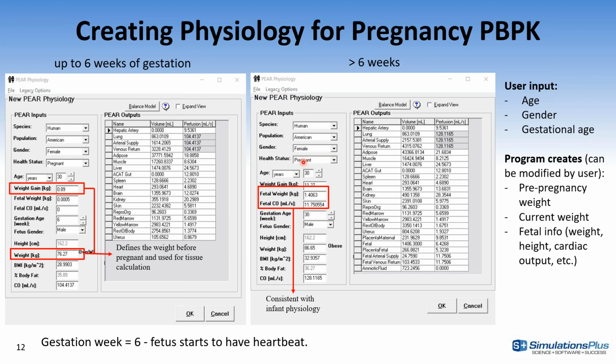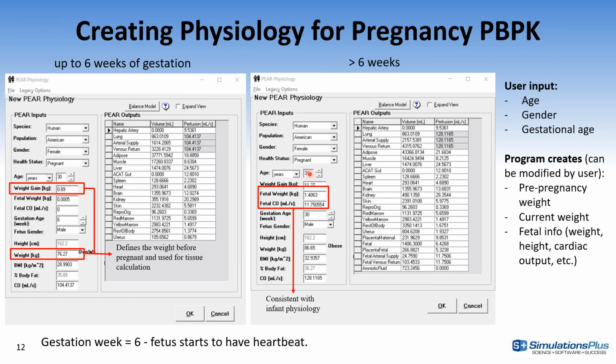Then the required inputs are the age of this female and the gestational age, and based on these basic inputs, the program will create the default physiology, specifying the weight of the fetus, the cardiac output for that fetus, and the baseline body weight for the woman before the pregnancy, and so on. Of course, you do have an option to modify these parameters.